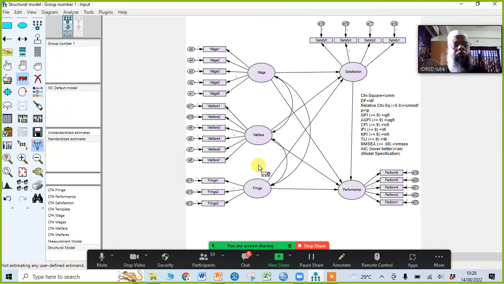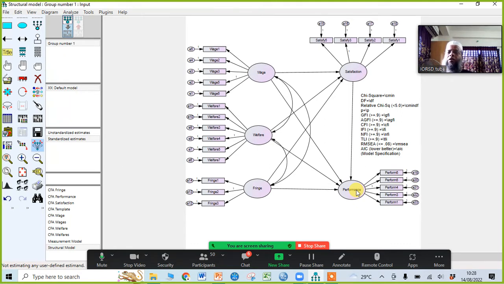So what will we do once we have created our model like this? Now we shall create two residuals for the two endogenous variables, that is satisfaction and performance. We use these residuals to get the value of R square.